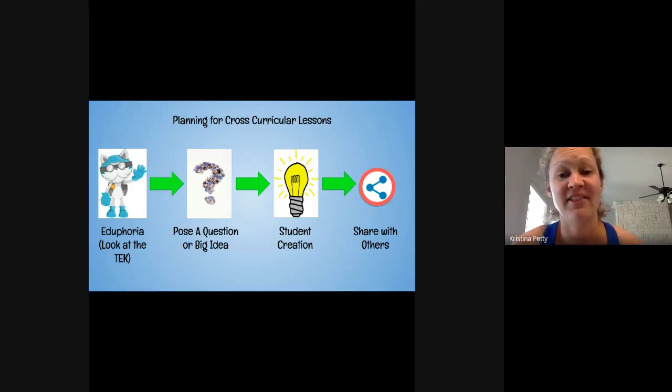And so this doing something, we want whatever they create to have more than just this one little thing of turning it in for the teacher. But why am I creating it and who's going to see it? So, Katie, if you don't mind